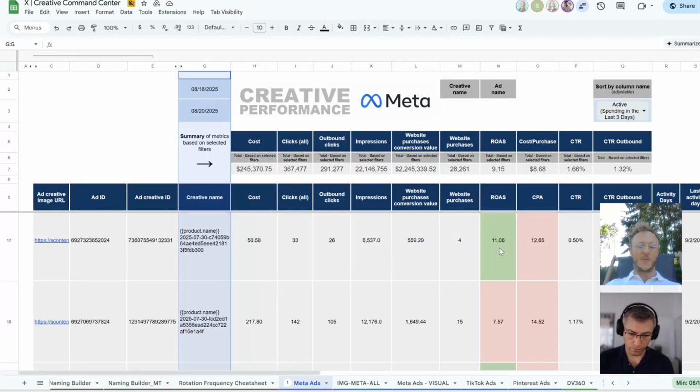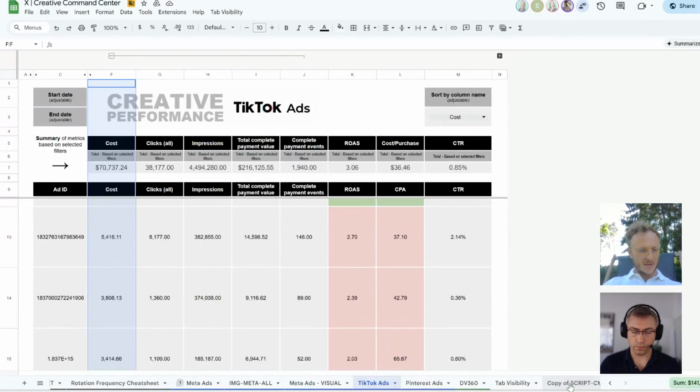of performance. So what we are using this dashboard for is to compare how a given creative performs. What we are currently working on is, because we have different tabs here, you can see Meta Ads, TikTok, Pinterest, DV360, then we also have Google, but I think Google is already hidden because we've only been serving PMAX, and as most marketers know, PMAX doesn't give you the flexibility to look at one asset, because it blends